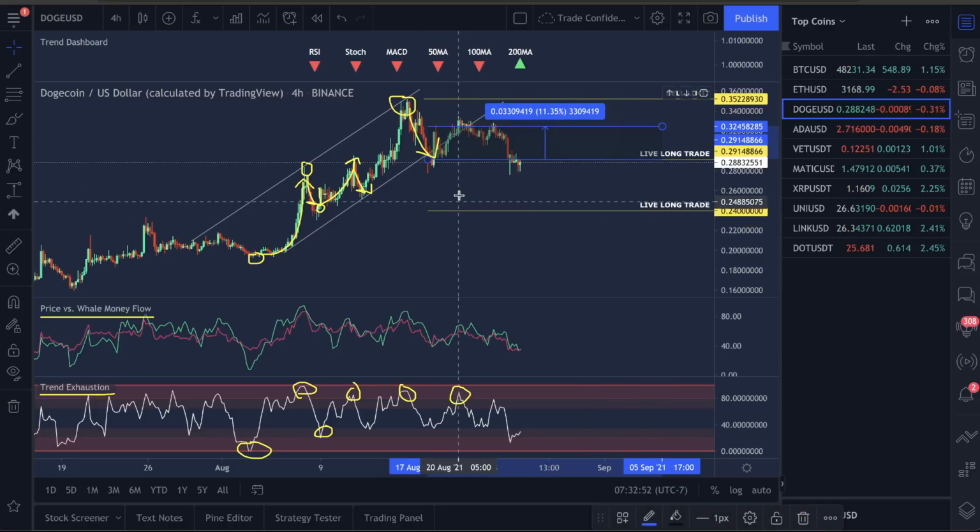Again, what do we see over here? The last Dogecoin video I came out with was this call over here. And I was saying, heads up, guys, look at this. We also had some form of divergence on the chart here, just slightly moving down. And this ended up calling this drop in the market here as well. So besides this looking like a really good football play, this is why you guys need the trend exhaustion indicator